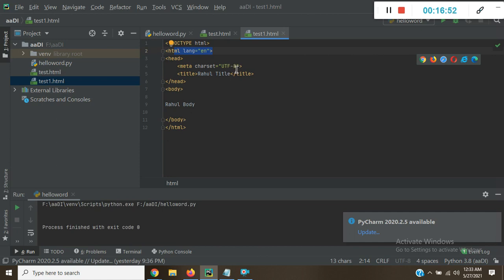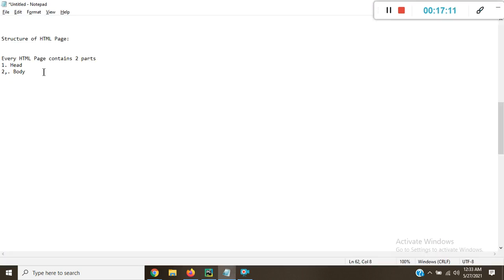By default it's UTF-8, and this is the title. Then we close this head here. Now start body, and inside body we can put our data. So this is the structure of an HTML page.